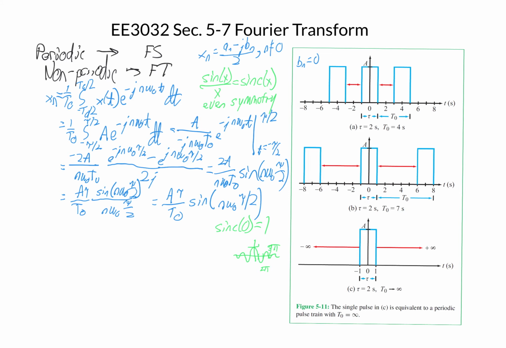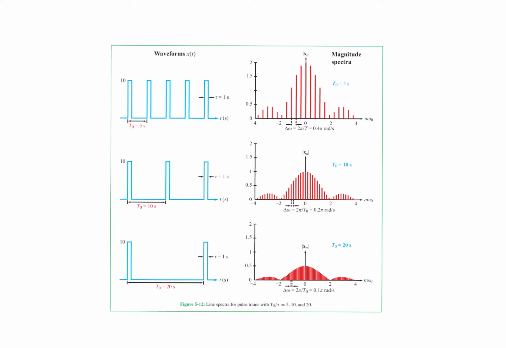Now that we have this expression, we can take a look at what the Fourier series looks like. And now here we have, for 3 cases, with a period of t naught of 5 seconds, 10 seconds, and 20 seconds, we are now envisioning what happens with the Fourier series. Let's write the equation here so it's handy for us. X of n is equal to a tau over t naught times the sinc function at n omega naught tau